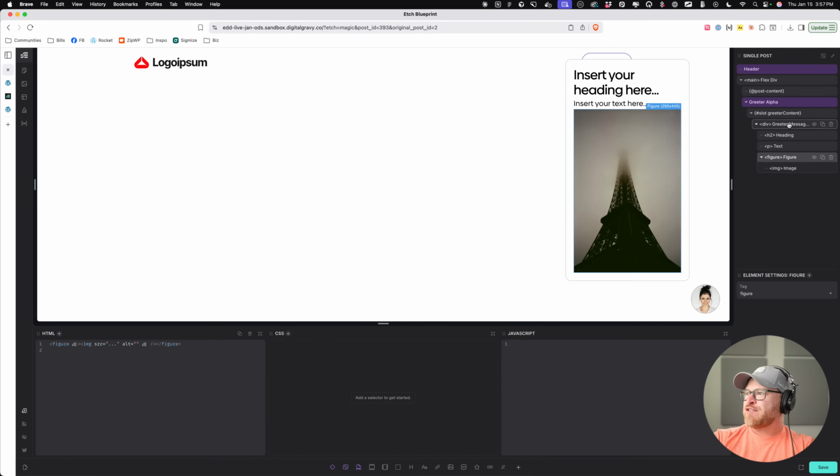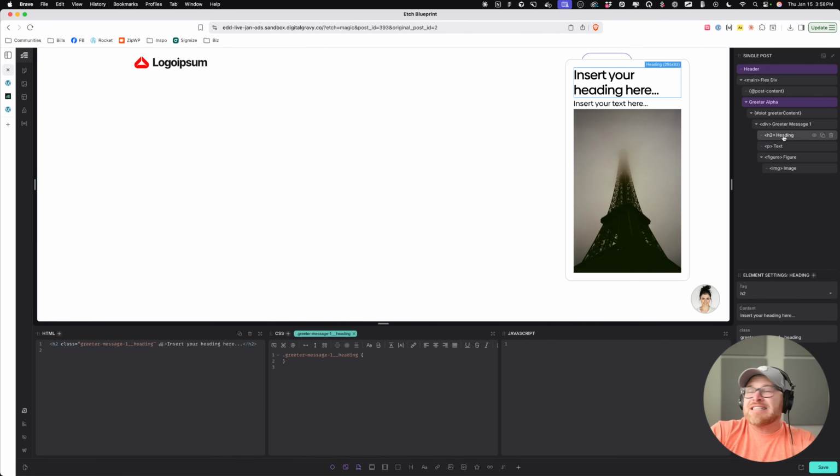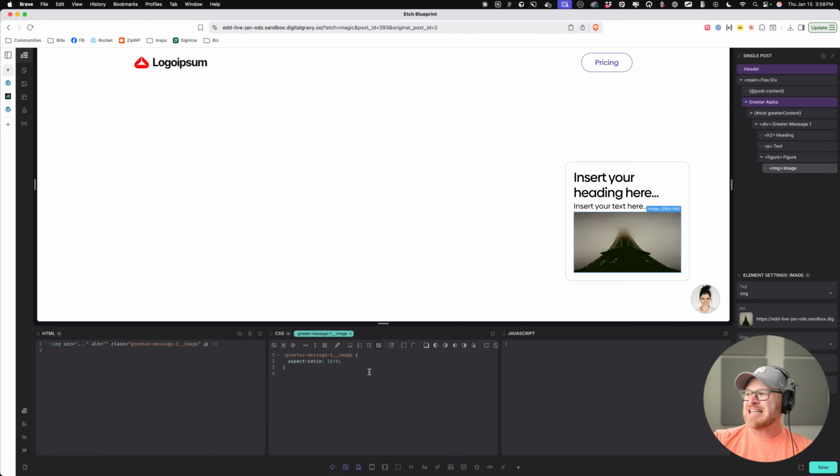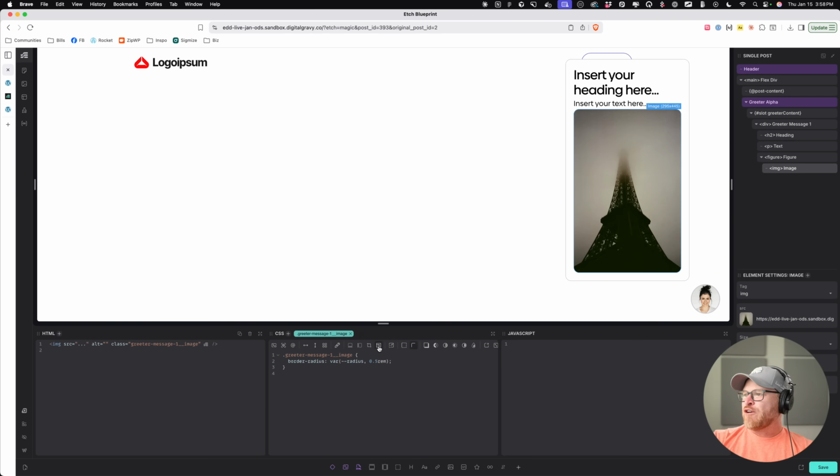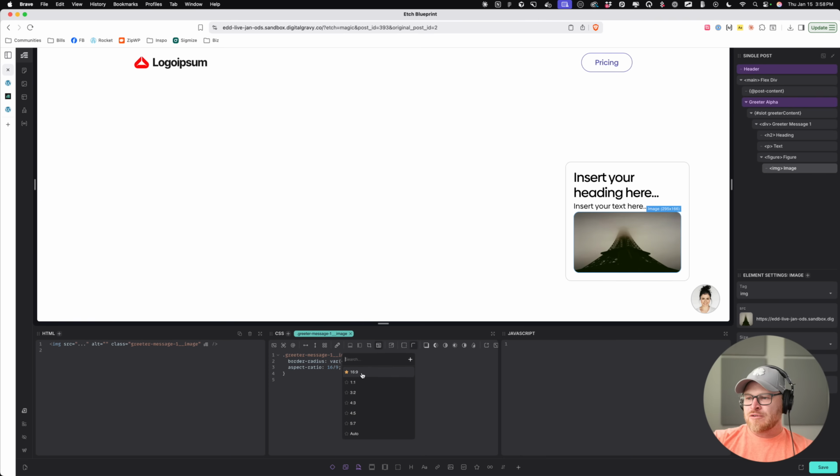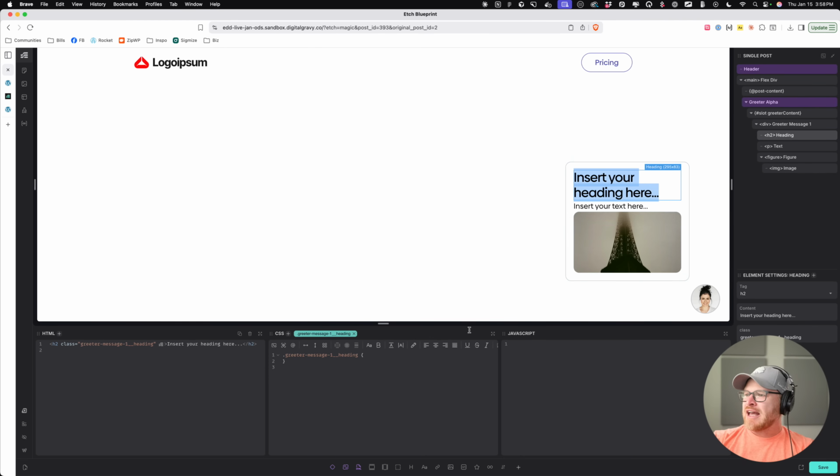Okay, heading, text, figure, right click, create BEM. This is like a new canvas that I have available to me, which allows me to come down to this image and go, okay, for greeter message 1 image, I want to go with a 16:9 aspect ratio, do the default radius. I didn't want to reset that, 16:9, and then object fit cover. That's fantastic. And then I'm going to say this, not an H2, yeah, let's do an H2, but I'm going to change the size of it, okay? So why don't we go in and choose H4 instead of H2, or maybe I want H3 instead of H2,